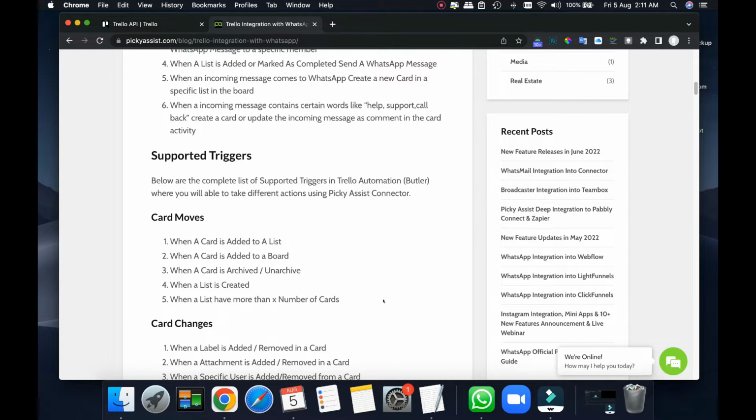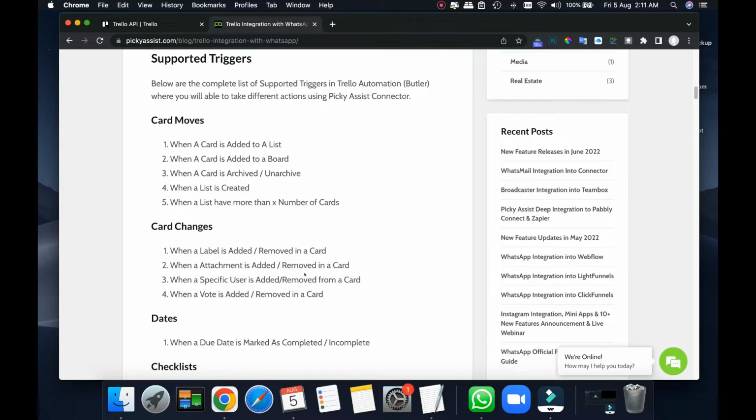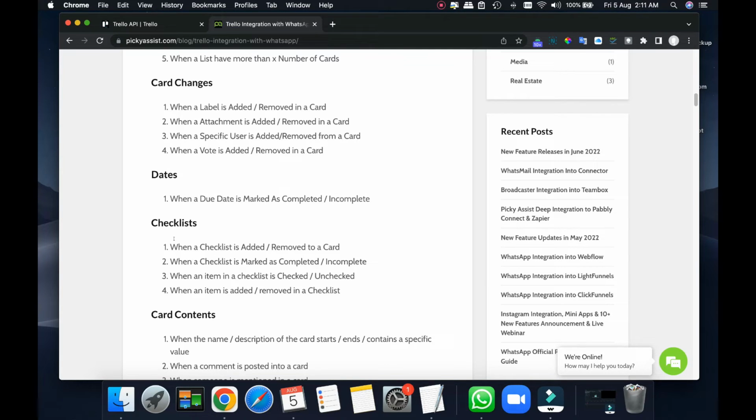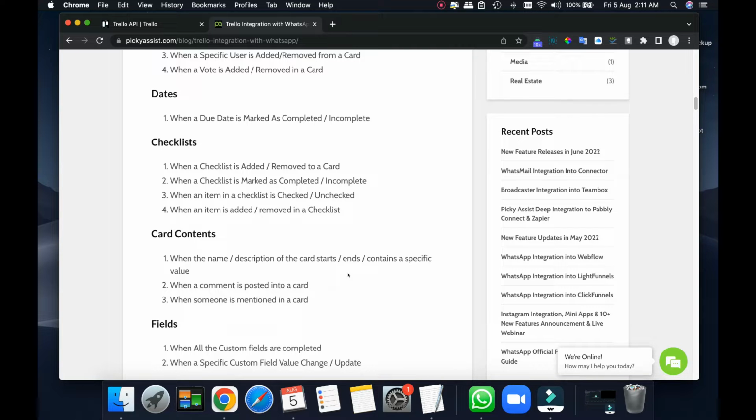These are the triggers supported whenever an activity happens in your Trello board, where you can define different actions with Picky Assist, that is, to send a message, post a message into a group, or add a specific tag, etc. So whenever a card move happens, a card change happens, a date arrives, a checklist is added or removed in the card, the card content or description is changed, a new comment is posted, or someone is mentioned in a card.